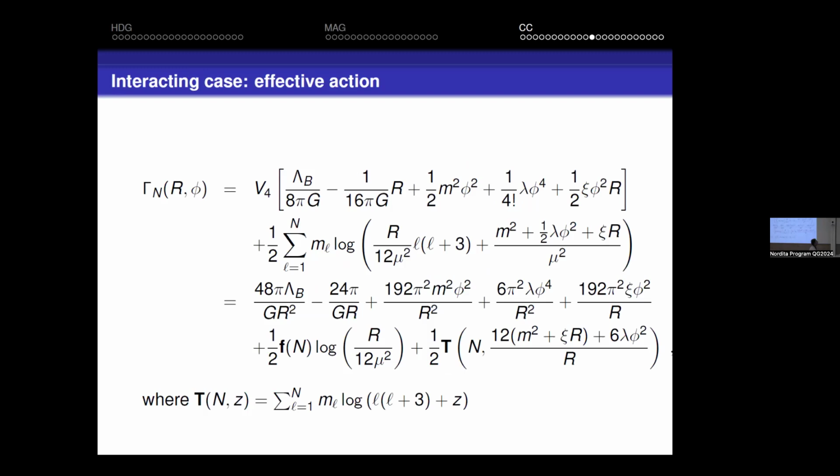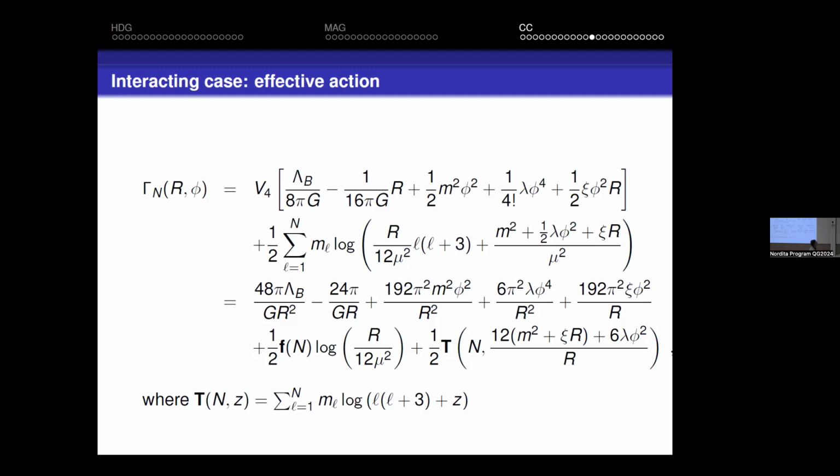Now, this is now something new. This is work that I did with Renata Ferrero. Now consider the interacting theory. So the action now, this is the classical action and this is the quantum correction. And so this again, the classical action is terms that go like 1 over R squared, 1 over R, and these are again 1 over R squared. And this non-minimal interaction, it goes like 1 over R again.